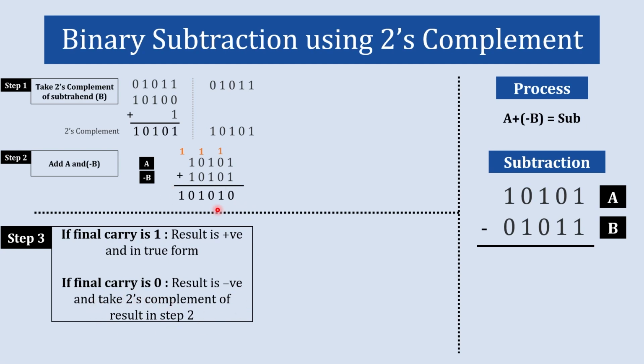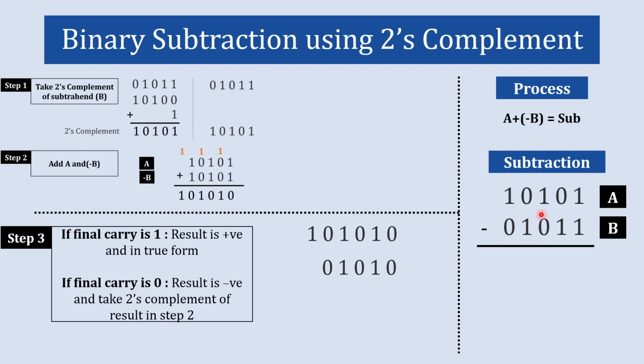So now let's see. This is our answer, 1 0 1 0 1 0, and the final carry is 1. As our final carry is 1, we should go for this option. When the final carry is 1, our final answer is positive and in its true form. So let's write this number here. When the final carry is 1, we are supposed to just ignore this carry and write the remaining number as it is to get the final answer. So we are just ignoring this carry and writing the remaining answer 0 1 0 1 0 as our final